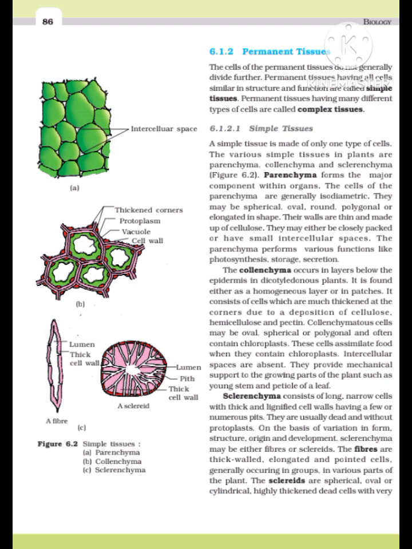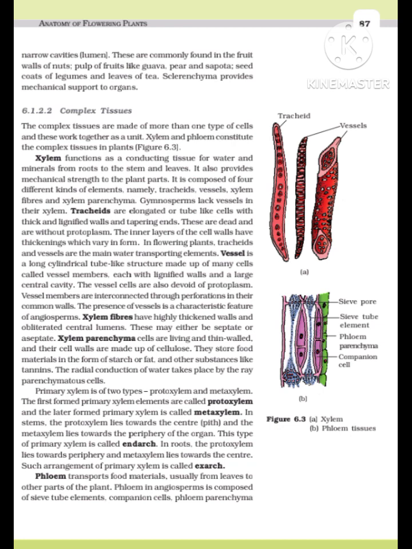numerous pits. They are usually dead and without protoplasts. On the basis of variation in form, structure, origin, and development, sclerenchyma may be either fibres or sclereids. The fibres are thick-walled, elongated and pointed cells, generally occurring in groups, in various parts of the plant. The sclereids are spherical, oval, or cylindrical, highly thickened dead cells with very